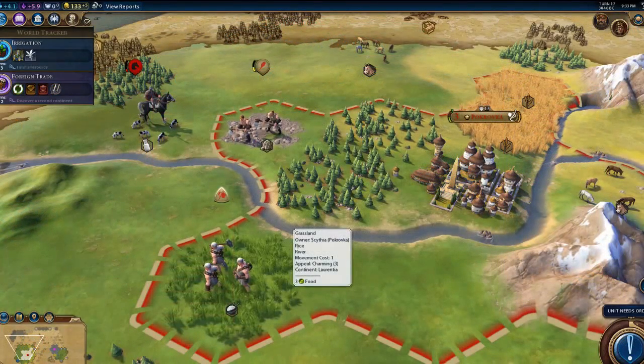So the final thing that I want to talk about is rice and wheat. Now by themselves they're nothing special, they only have 1 food. But this is the type of resource that could quickly add up. Right now this rice is a 3 food tile, and if I use my builders to make a farm, it's going to be a 4 food tile. And this leads me to the last exception,